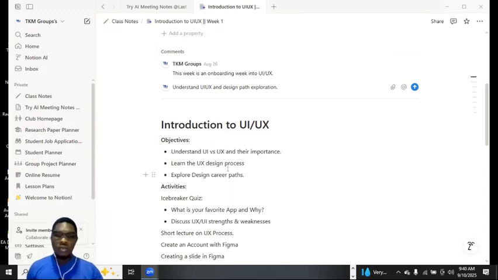So these are the things you'll be coming to understand in this class. You are going to learn the UX design process. What are the ideas? What are the principles? What is the knowledge behind the design process? And I want you to know that you may not learn everything all at once, but whatever you learn, you're supposed to teach yourself more on it and then get to understand it.